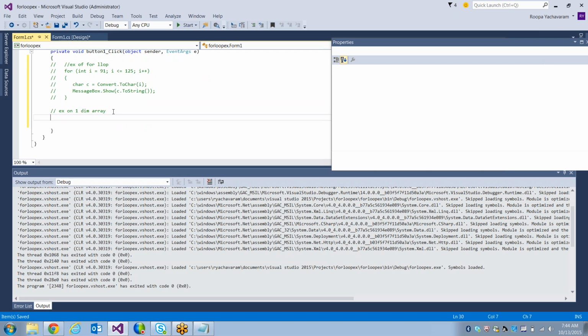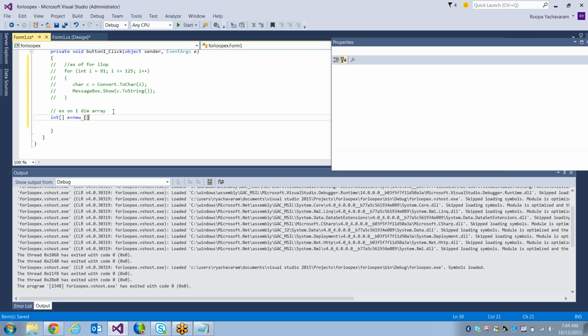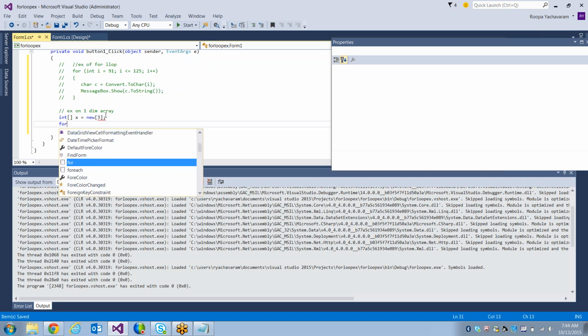What I said, int of x equal to new int. In that I am declaring some three values. Now let us assume, it's up to you how many you want to declare. After that, for